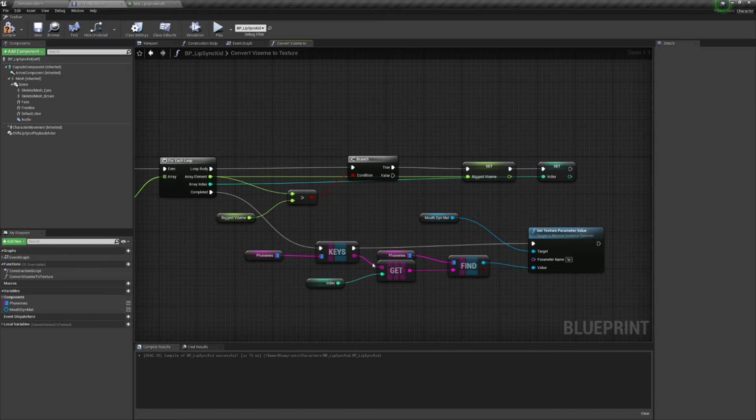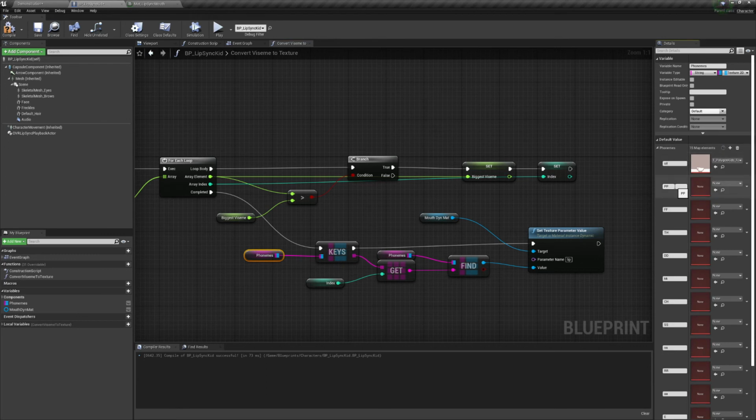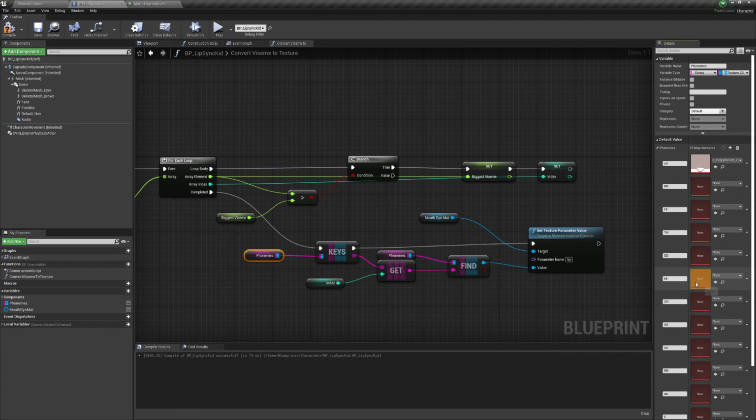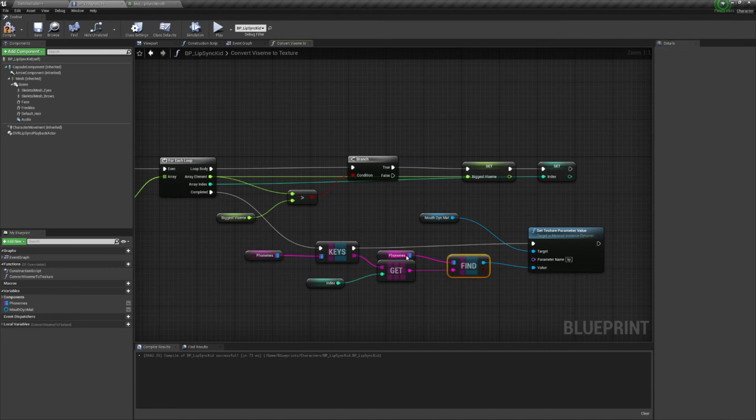And we set the index as well. And then we get all the keys in our phonemes, where we have all the visemes and their corresponding textures, which we haven't set yet. We'll get to that. We get the index to get the key, and then we search for it by doing find, and then we get the value, which is there,